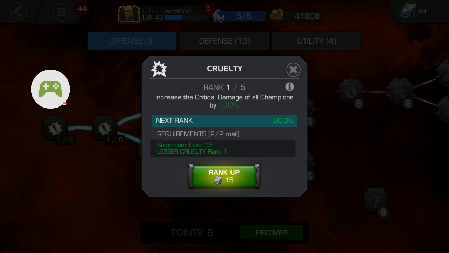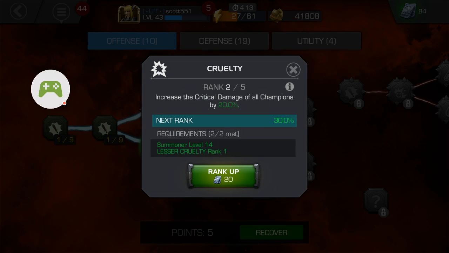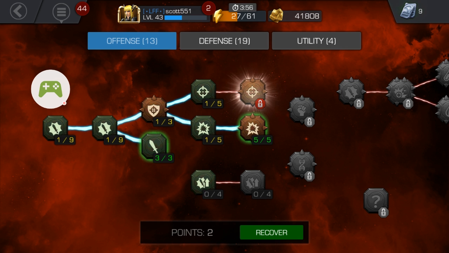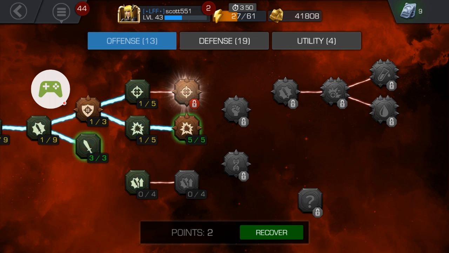Rank 1, 2, am I gonna have enough? I hope so. 3, 4, yes! 5! With 9 units to spare, I mastered cruelty. Oh, that makes me happy. Alright, so I mastered cruelty, and I'm gonna master that once I get more units. I have 9 units left, so...